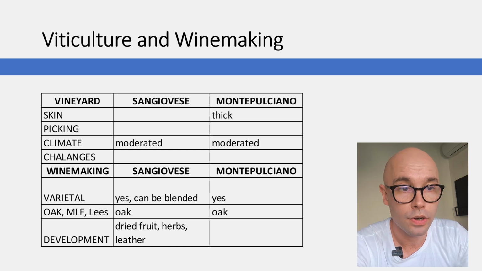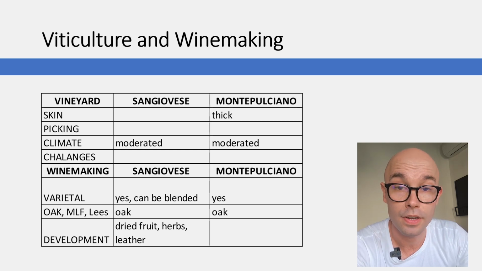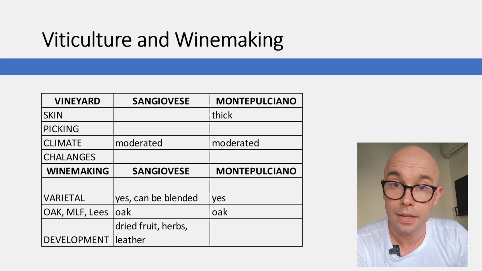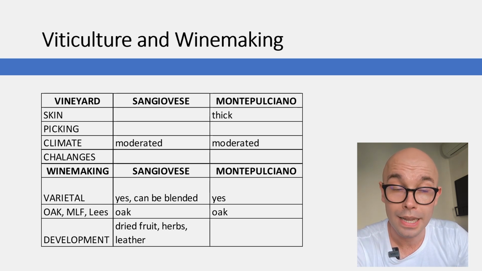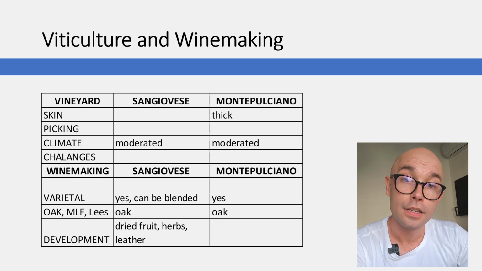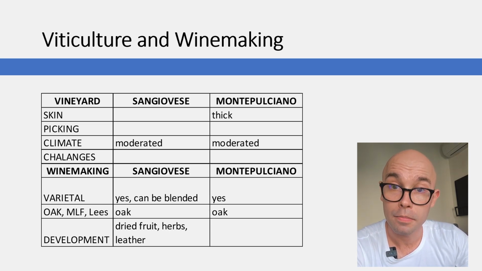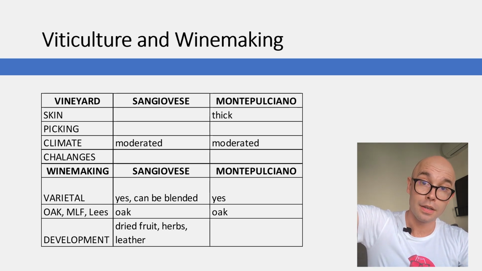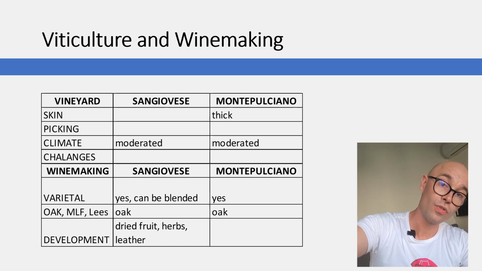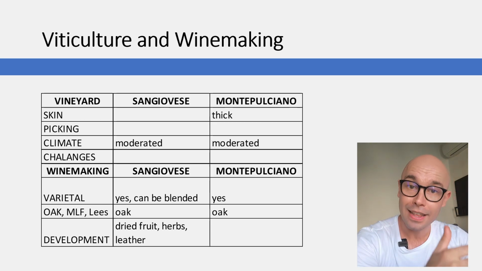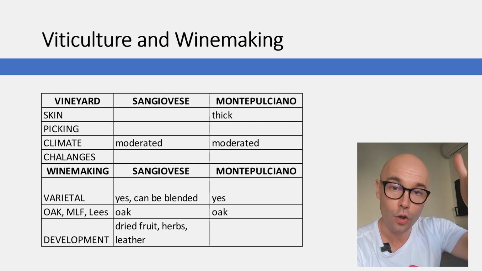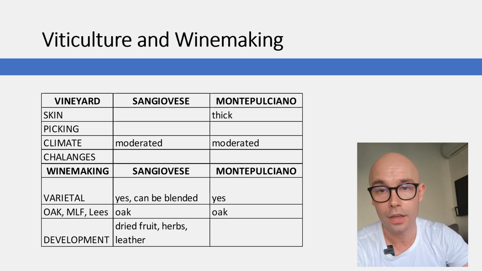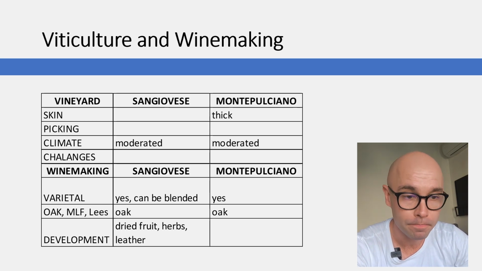Viticulture and winemaking, what is relevant for you to know? Sangiovese produces its best wines in a moderate climate. Also, what you need to note is the geography of Italy. The main mountains are the Apennines that start from Piedmont and Liguria in the northwest corner, and then move inside and create a spine of Italy. So they go through the center of Italy all the way down to the south to Calabria.